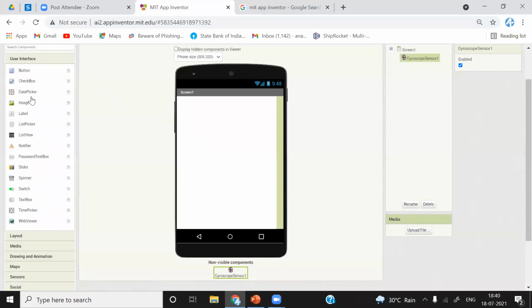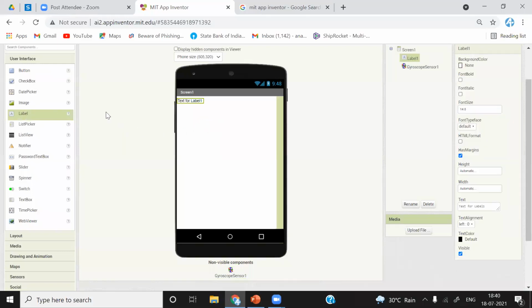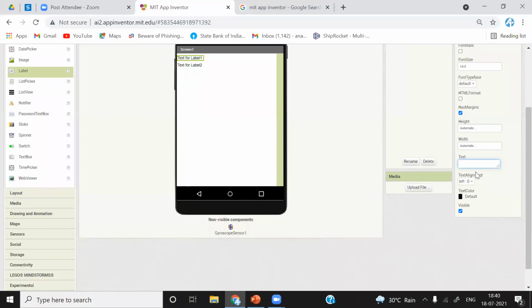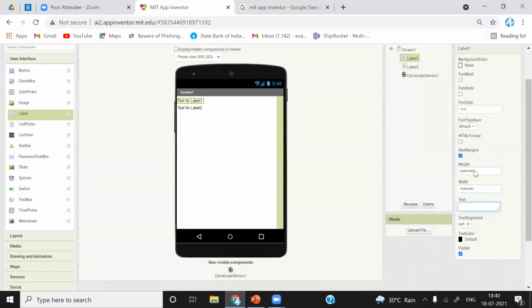First, I will drag a label and change its text to empty. Just observe all the properties I am changing so that you can later do it in your project. I'm making the text empty, and then I will increase its height by some pixels, for example 30 pixels, so we get some height.